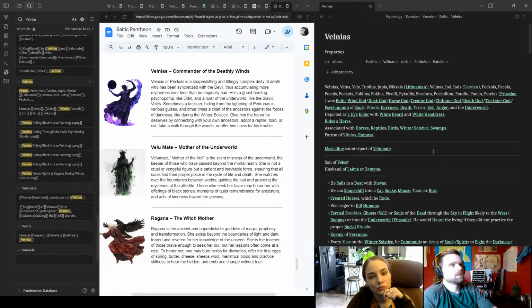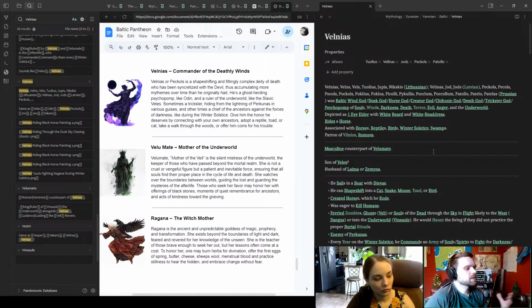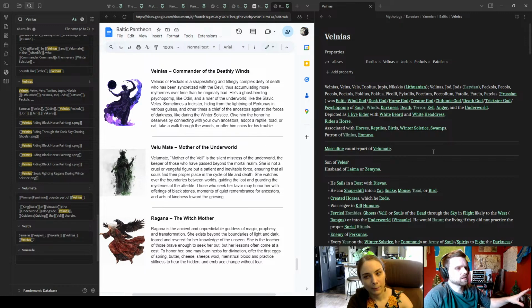is... It's so weird to end on this because there's so much about him I could say, but I want to leave it up to other people to research as well. He's most likely linguistically related to Veles because he's a god of death. He's a psychopomp in particular. So this is a particular kind of death god that isn't necessarily chthonic. He is considered to be in the underworld from time to time, but his actual duties involve